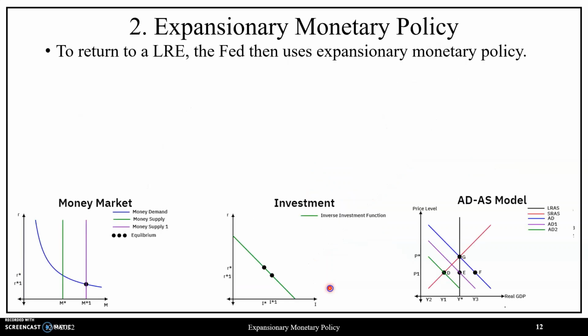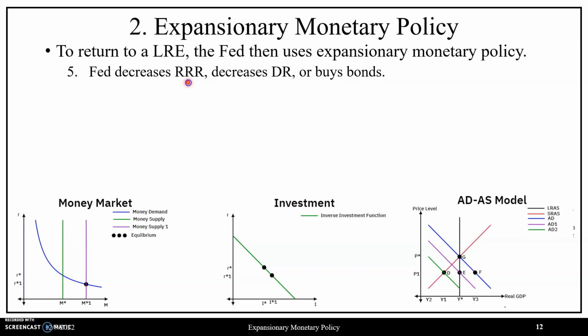So then what the Federal Reserve can do to return the economy to a long-run equilibrium is conduct expansionary monetary policy, which we have seen means either decreasing the required reserve ratio, decreasing the discount rate, or purchasing bonds through open market operations, in which we will assume that the Federal Reserve pursues decreasing the required reserve ratio, which will increase excess reserves, allowing more loans to be made, increasing the money multiplier, and overall increasing the lending capacity of the banking system. But before we consider this, let us see the initial state of the money market first